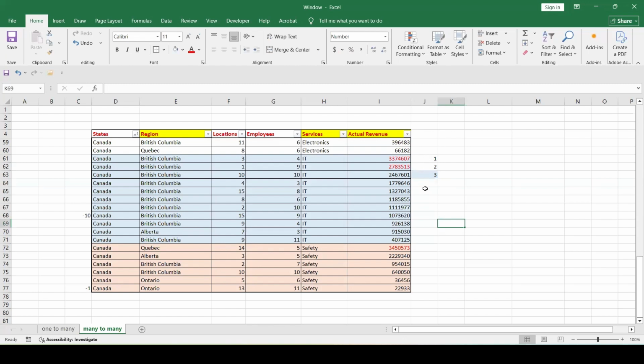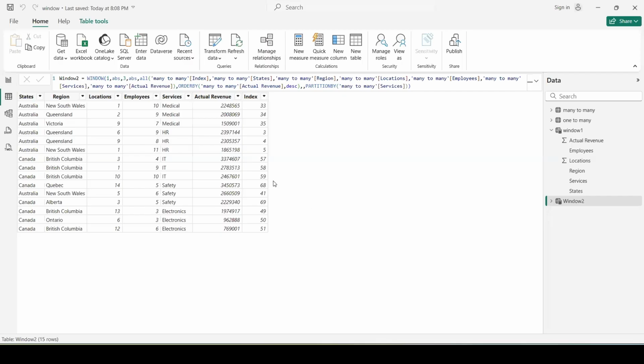This we should have in our report on the IT cluster. 3.3, 2.7, 2.4. So that is correct. So it means that everything now is correct. We actually got the top 3 highest revenues in each category of services.